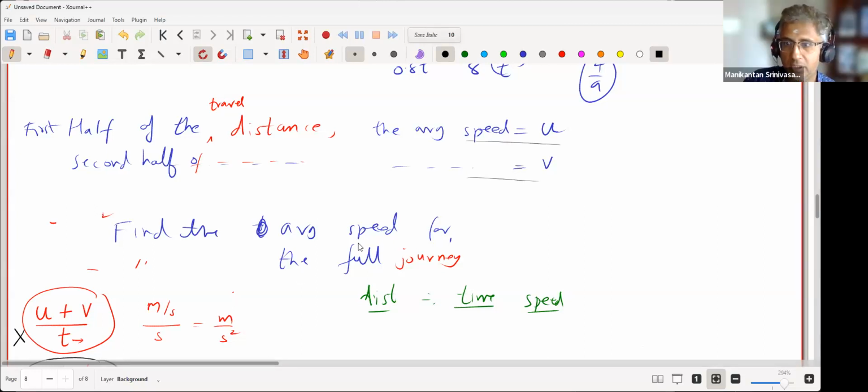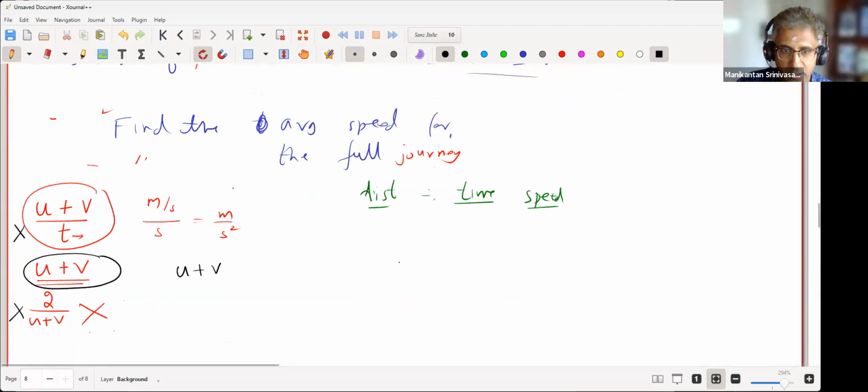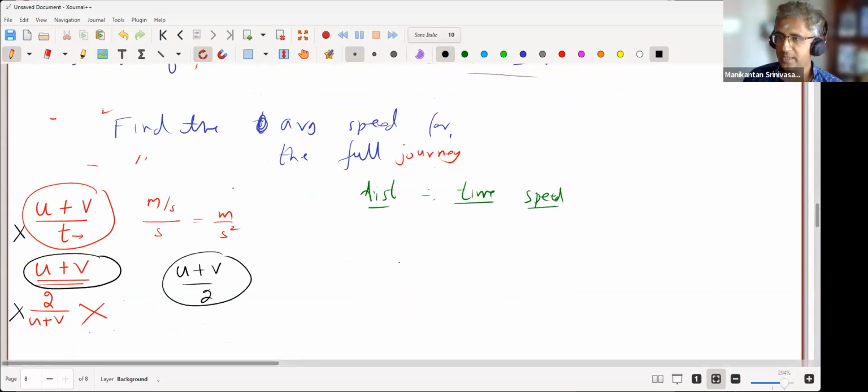Okay, so Sukrit thinks it's back to the same answer, u plus v by 2 that we got earlier. Again, units wise, this is fine because it's meters per second plus another meters per second upon 2. 2 is just a dimensionless quantity, so it'll still be meters per second. So the basic necessary condition of units passes, but whether the answer is right or wrong, only time will tell after